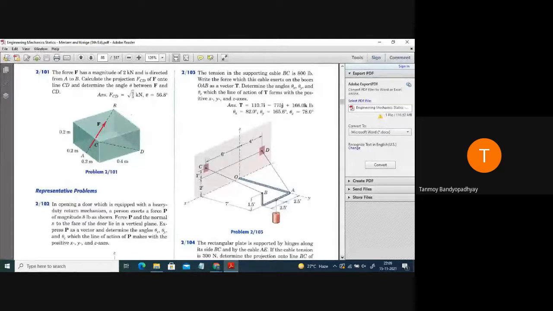CD is any arbitrary line, as you can see. We have to find the projection of the force F on the line CD, and also the angle theta between F and CD. So the total concept of